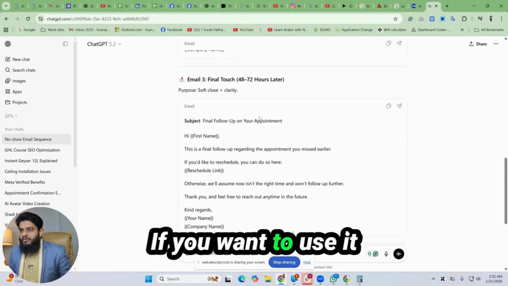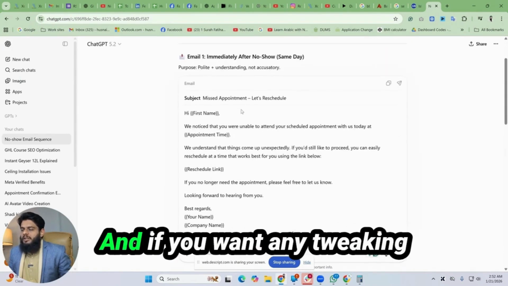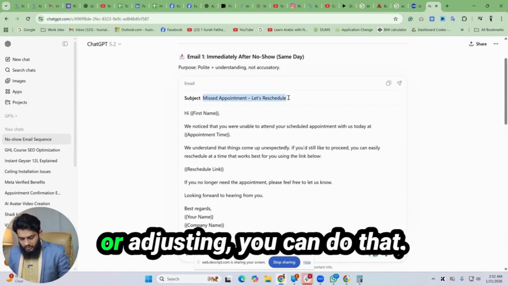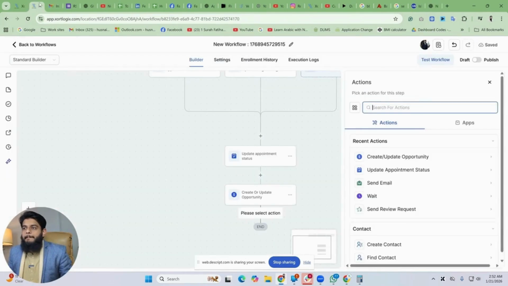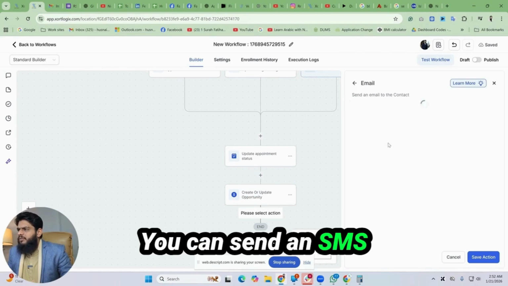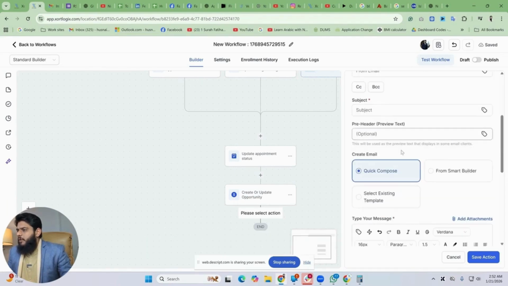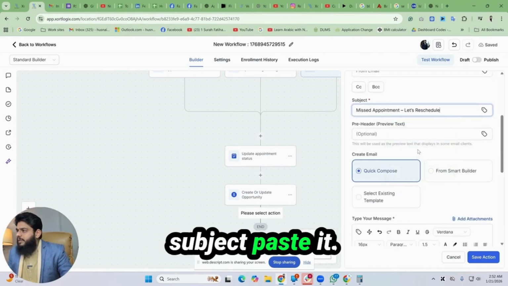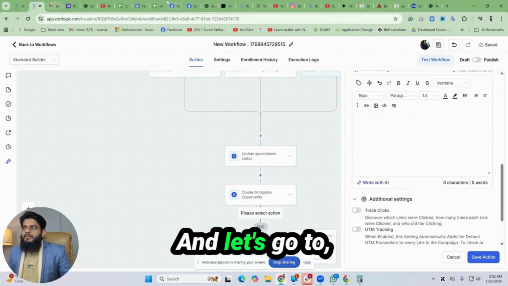So it's up to you. If you want to use it as it is, you can use it, and if you want any tweaking or adjusting, you can do that. Send an email. You can send an SMS or whatever you want. Okay, so this is the subject, paste it, and let's go to